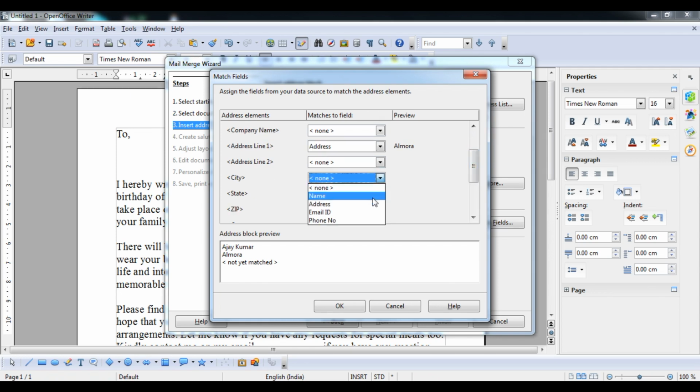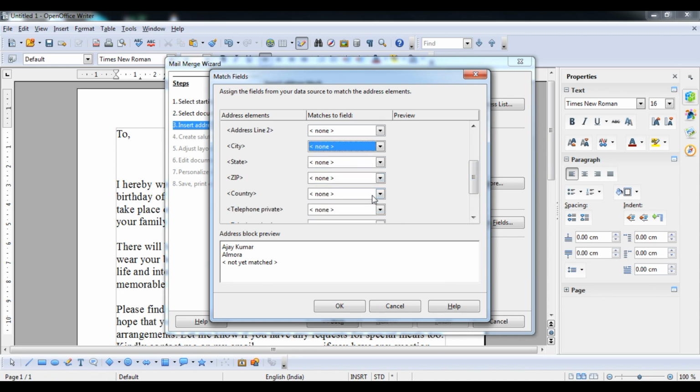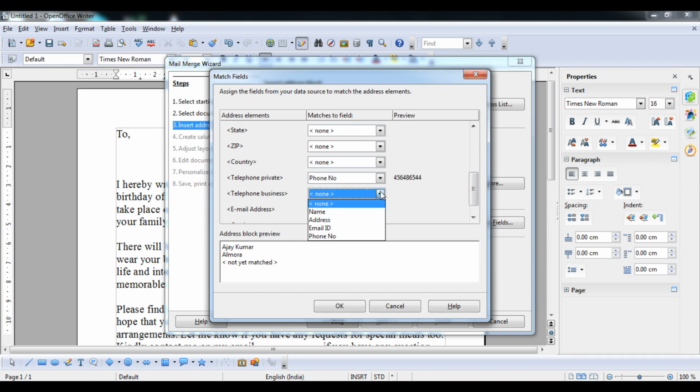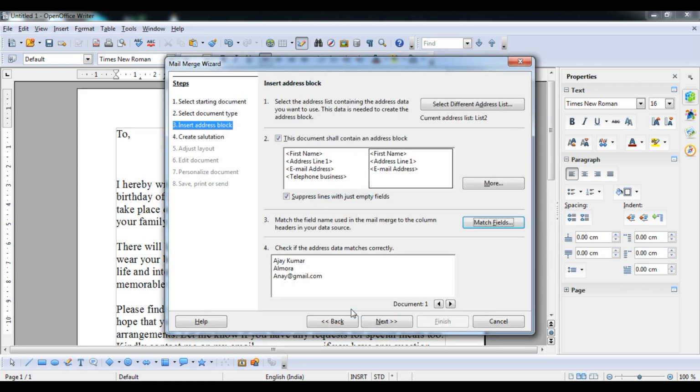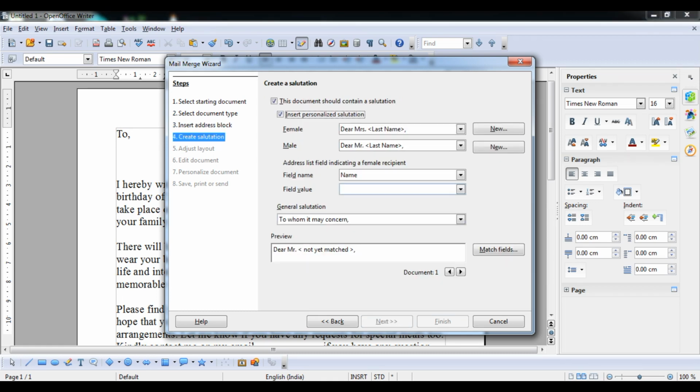In this we are using telephone number, like phone number, and then email ID is email ID. Okay student, now press OK. Then you can see data has come like this, and then next option.